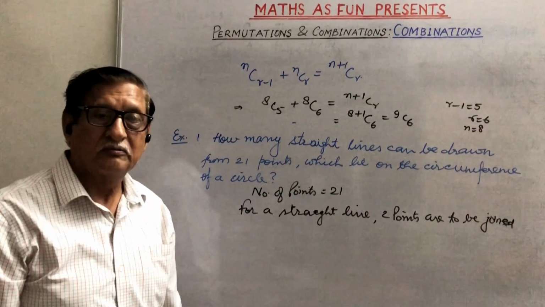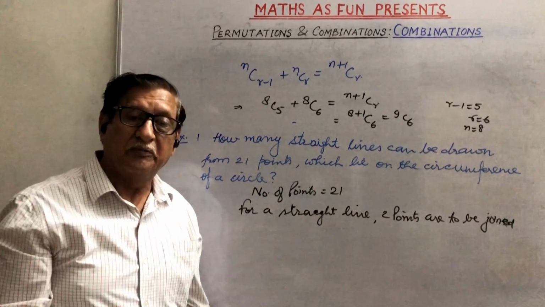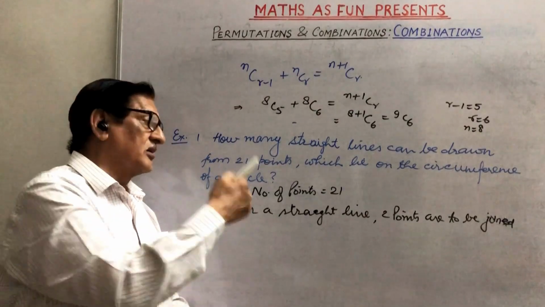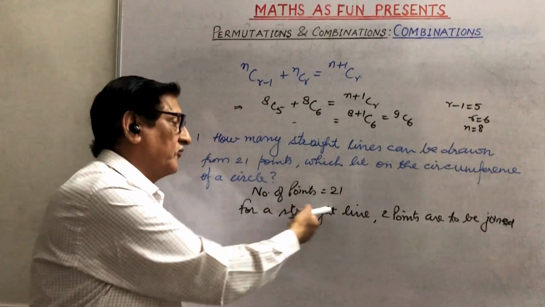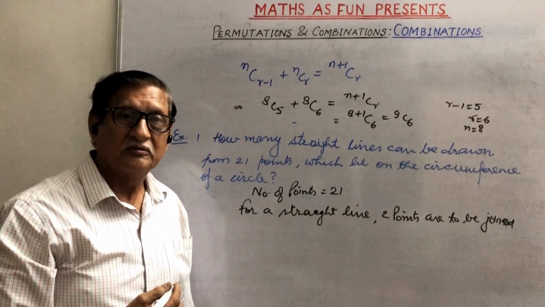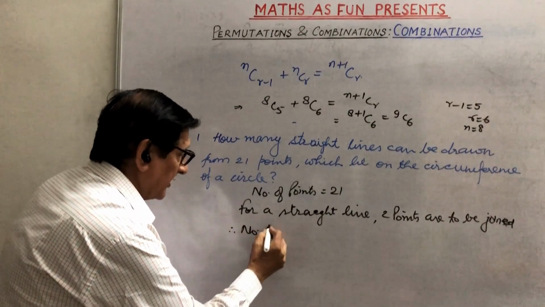It means what? How many groups of 2 points from 21 can be formed? That many straight lines can be formed. Or we can say how many selections of 2 points can be formed from 21? That many straight lines can be formed. So we can say it means number of straight lines